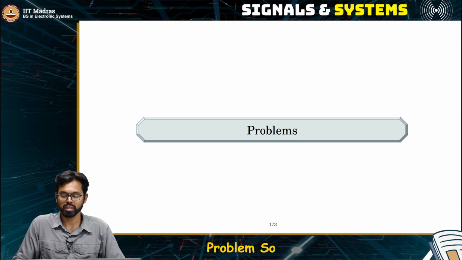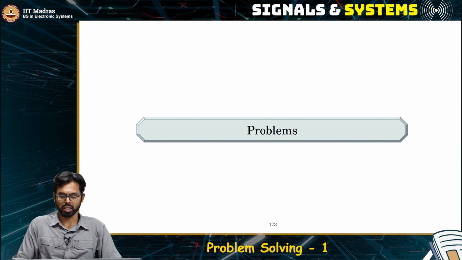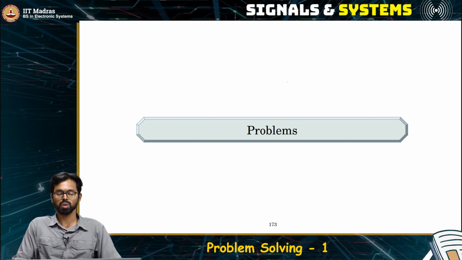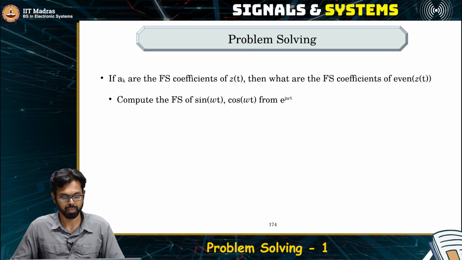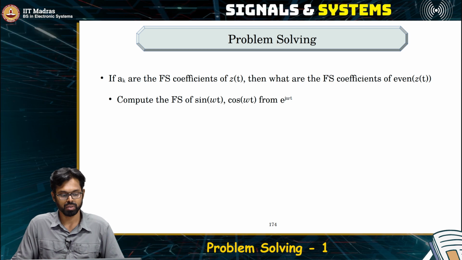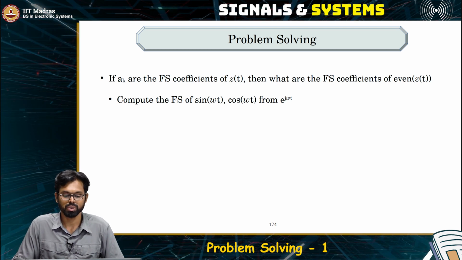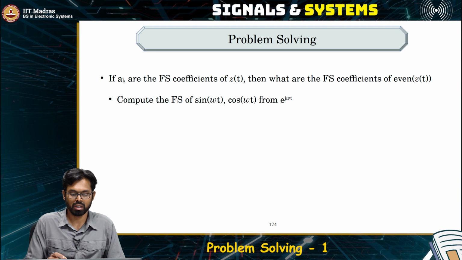So far we saw Fourier series and the properties of Fourier series. We saw some examples of them. Now let's solve some problems which involve Fourier series. The first question that we have here is that the Fourier series coefficient of some signal z of t